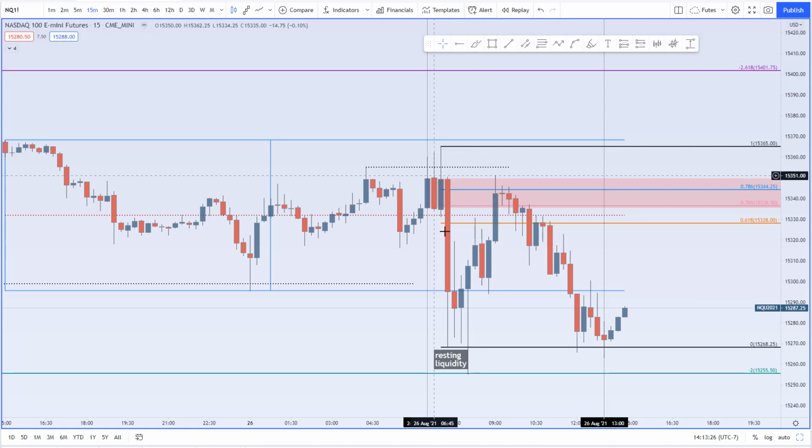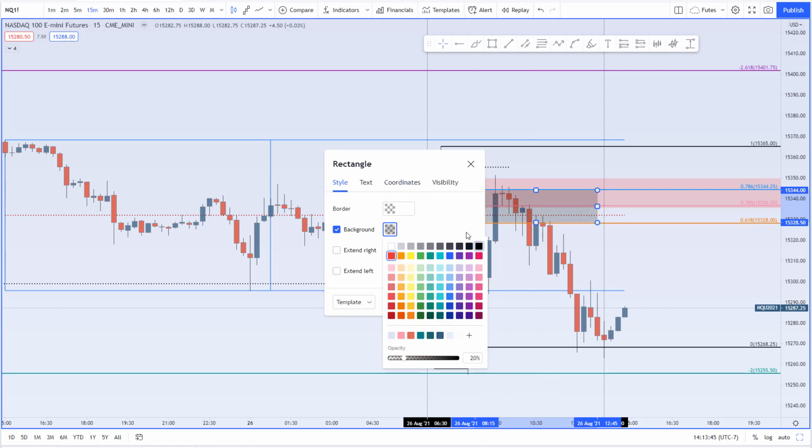So we have a swift move to the downside, followed by a bounce. The optimal trade entry region is going to be between your 0.618 and your 0.786 Fibonacci retracements. So we have a drop, a pullback right into our optimal trade entry here. This right here is our OTE zone, as he calls it,